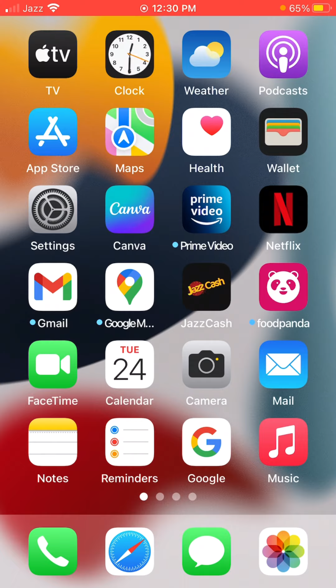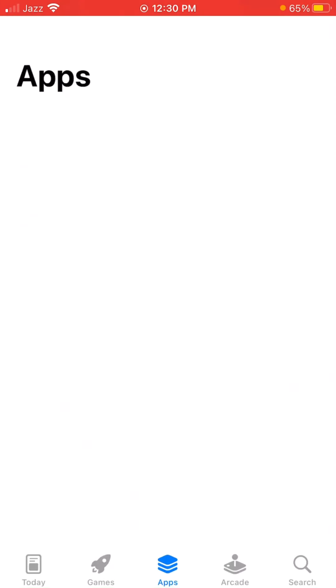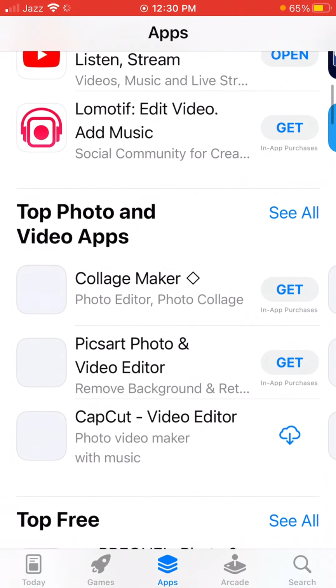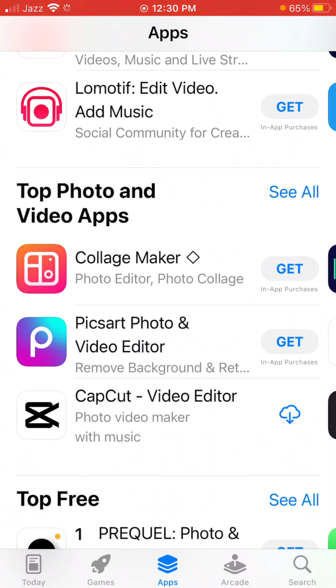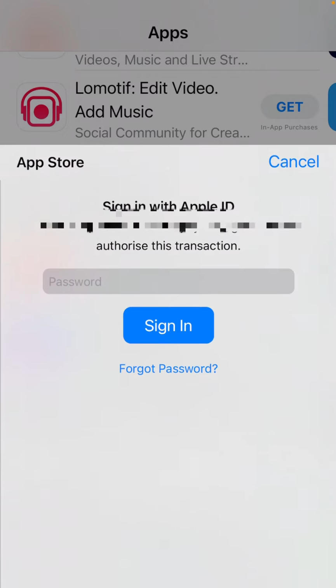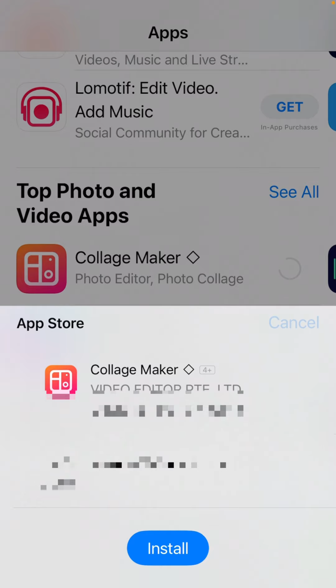Once you are trying to install any app from your iOS App Store and it requires the password every time and you don't want this option on your iOS devices, you can see when you try to install it, it requires the password. But if you don't want this option on your devices and want Touch ID verification, just go back,